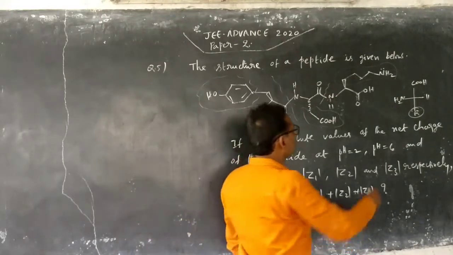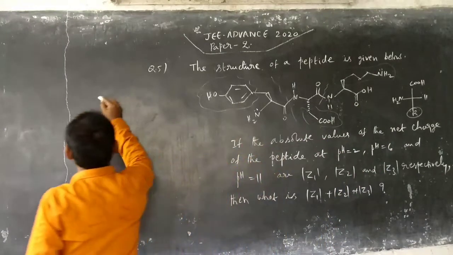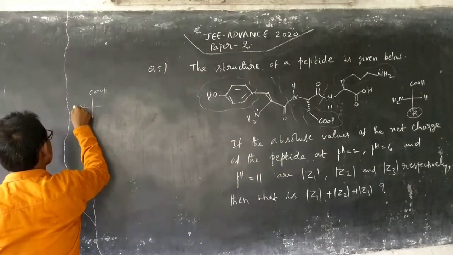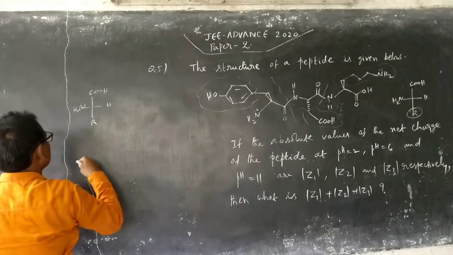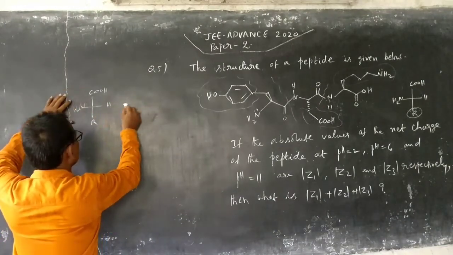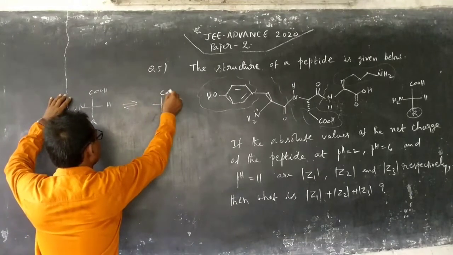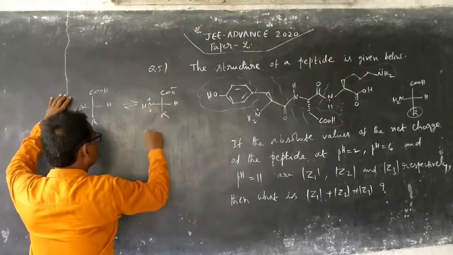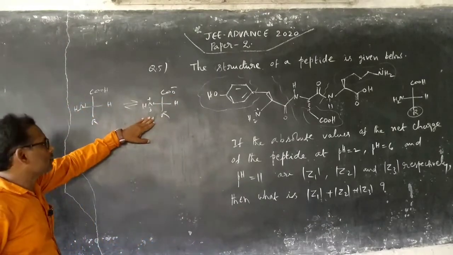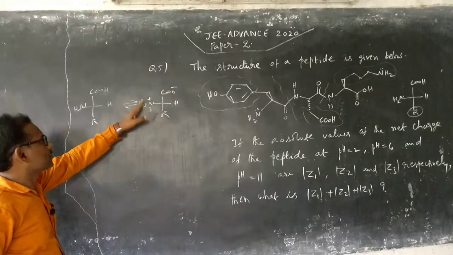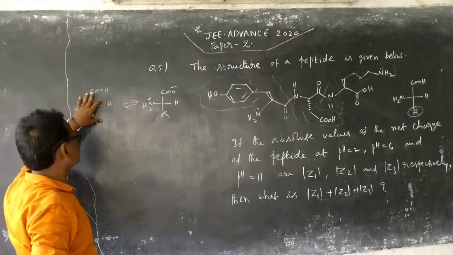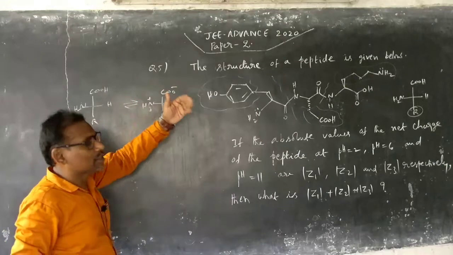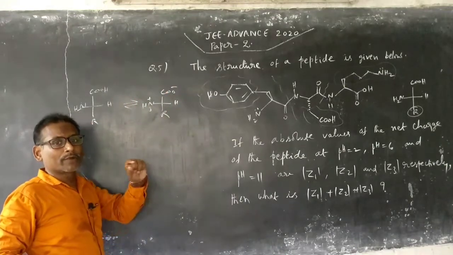If you take an amino acid, it is supposed to exist in this way also: COO minus, NH3 plus, H and R. Of course it is called a zwitterion. Its nature is neutral because of plus 1 and minus 1. So it is going to exist like this. But the net charge of this is influenced by pH. That is the property of amino acids.